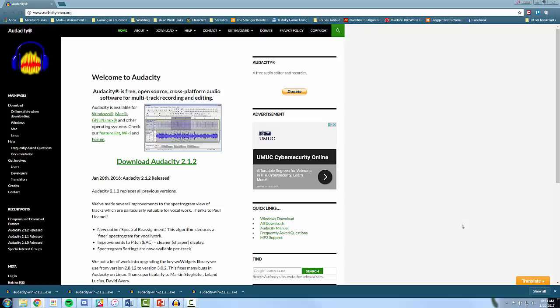As I mentioned, Audacity is a free software package to download on any computer, and it's compatible with both